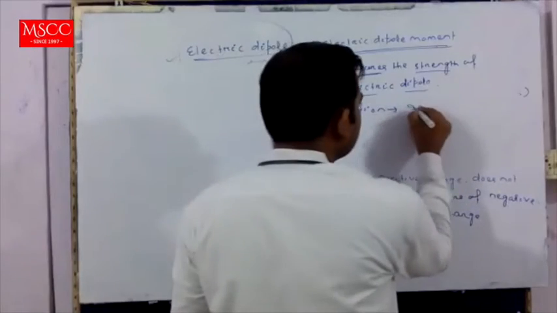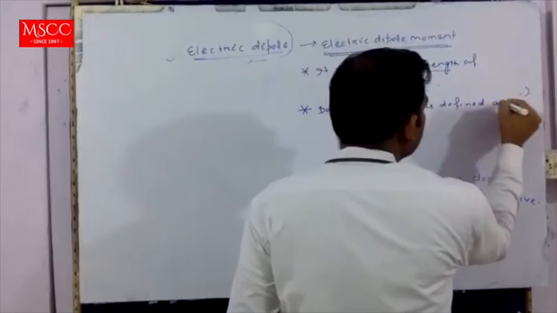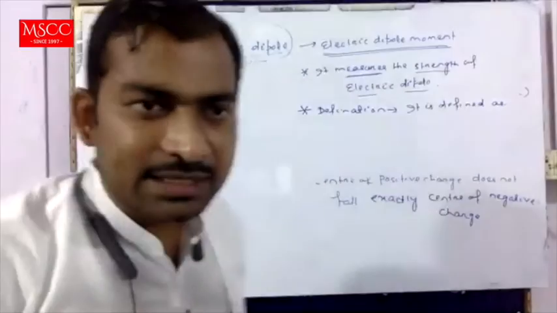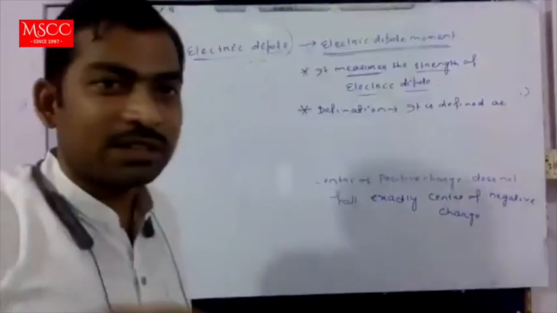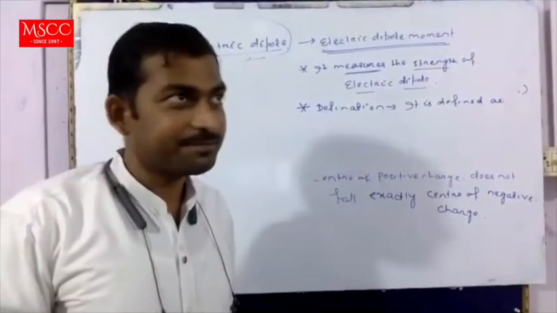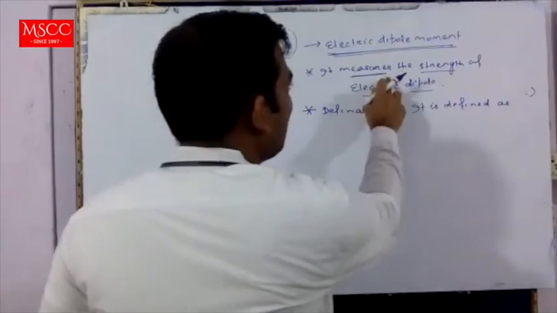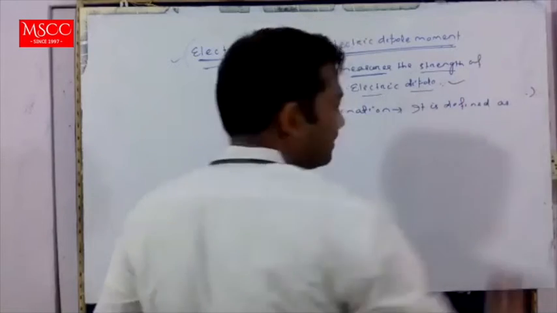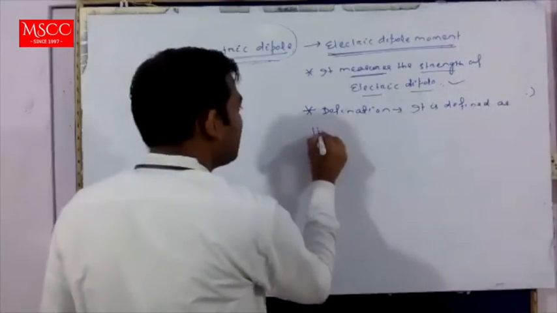It is defined as... Electric dipole moment measures the strength of the electric dipole. Next definition. It is defined as the product of